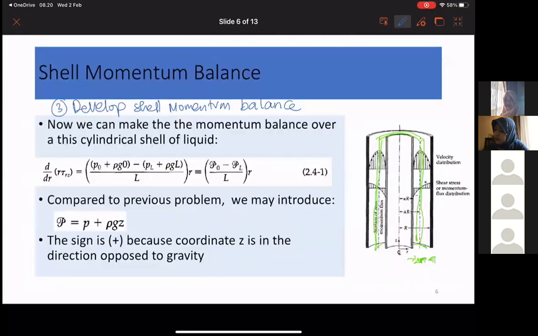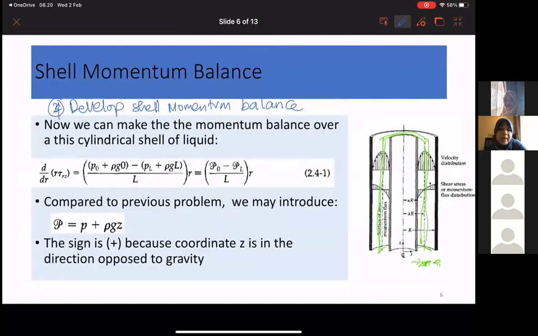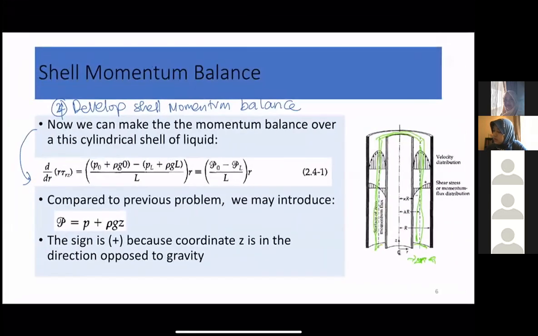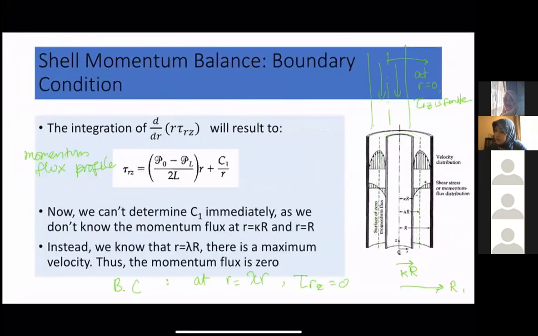Okay, and after that is number 4, develop the momentum balance, and then you get this one, and number 5 is, this is number 5, integrate the shell momentum equation,